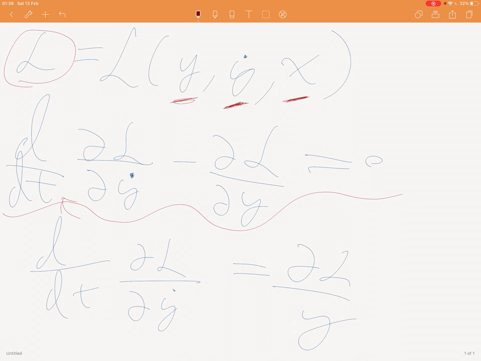Why with respect to t and not x? Why is this not x prime? Good question. And why is this not x? I said prime. I should have said dot. And why is this not x? Well, let me show you the general